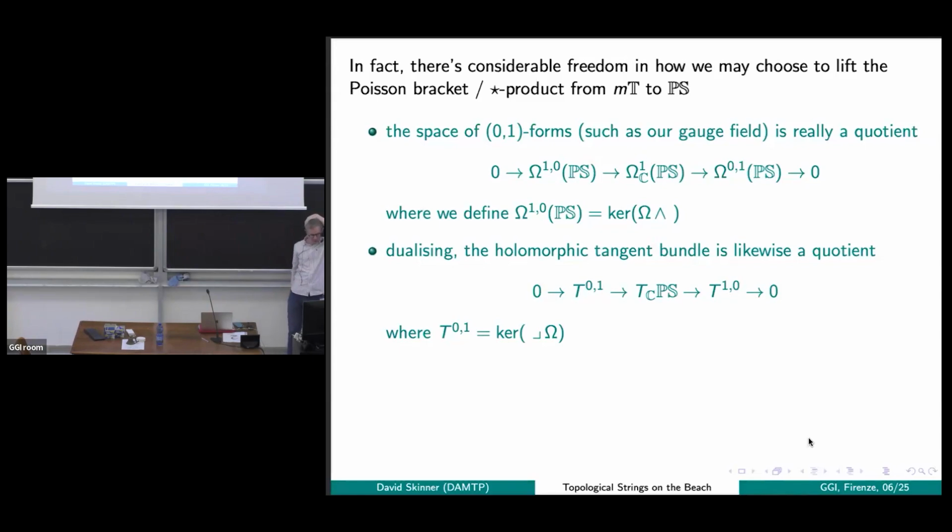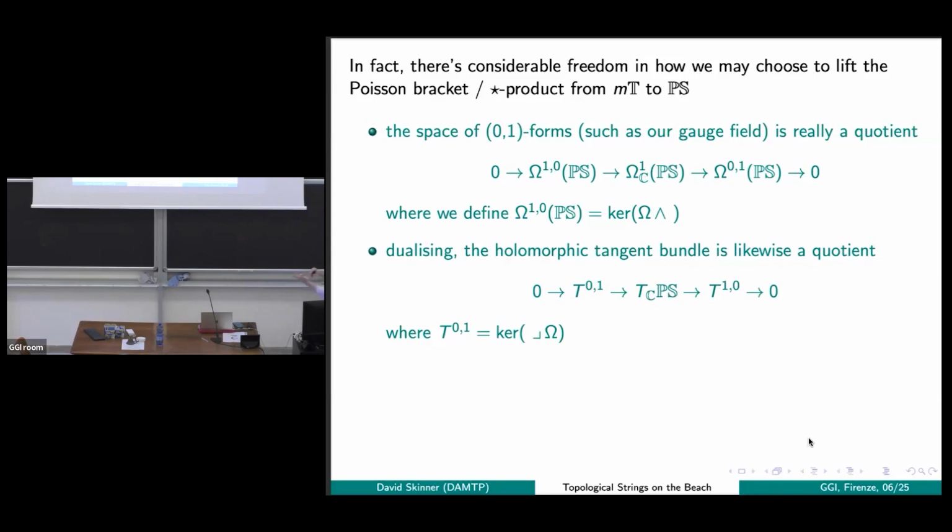Okay. And the reason there's far more is that the space of 0-1 forms, or the space of forms that survives wedging against omega, is much bigger on this spin bundle, and is really defined as a quotient. Okay, so the space of holomorphic 1-0 forms is canonically defined out of all 1 forms on the spin bundle. Those ones that we'll think of as holomorphic are canonically defined because they are just anything that wedges to 0 against this pullback of the holomorphic 2 form on mini twistor space. So that holomorphic 2 form omega, my preferred omega from before, already saturates the holomorphic directions.